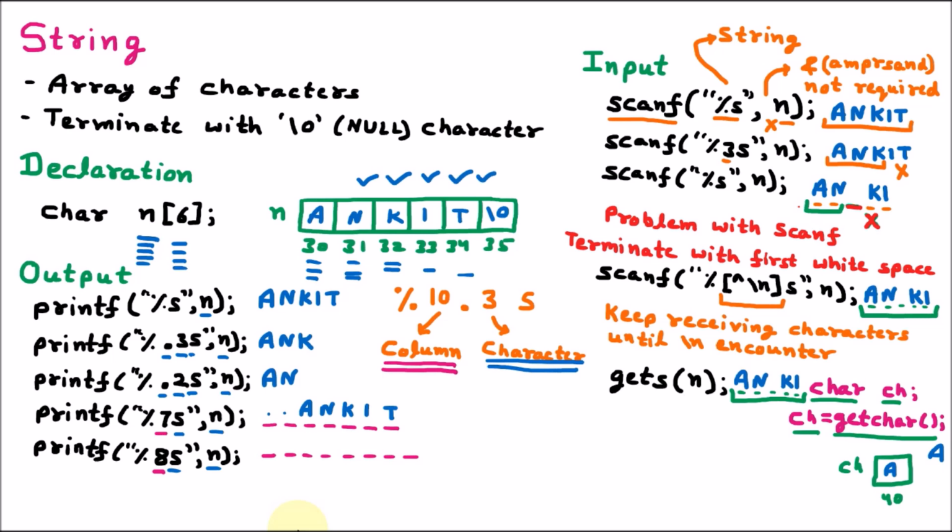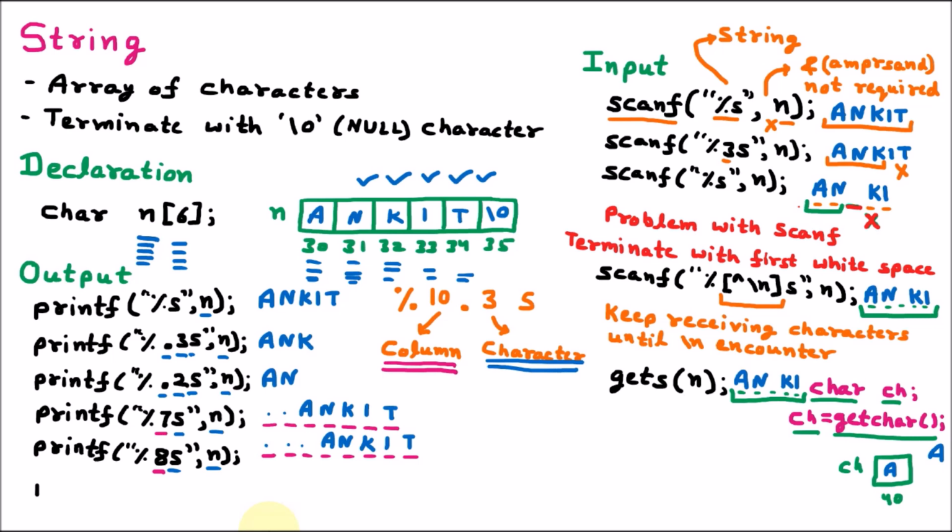So from the end we have to write T-I-K-N-A. So that we are going to write from the end, T-I-K-N-A. In that case we are having the first 3 as spaces. So first 3 spaces, then Ankit. So this is how we are having the 8 characters, means 8 columns we are taking. We know that inside the Ankit we are having 5 characters, but let us suppose that I am giving some